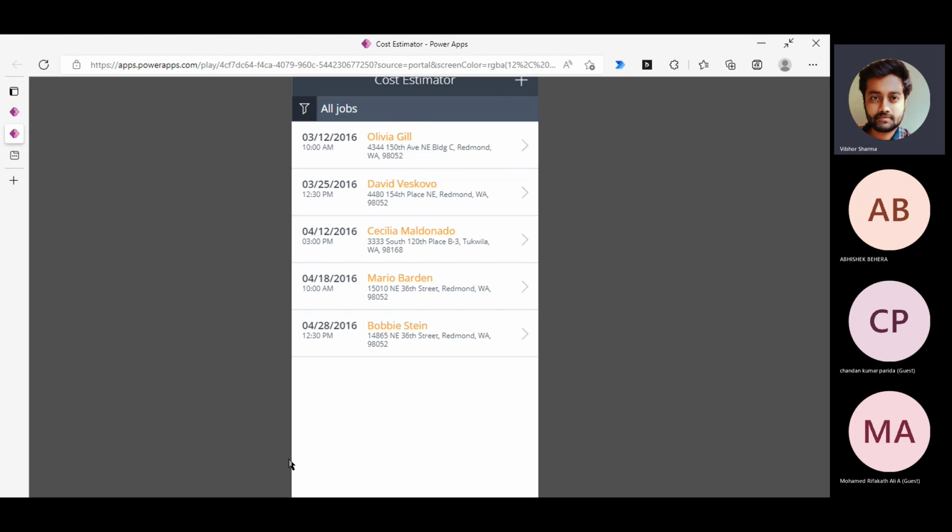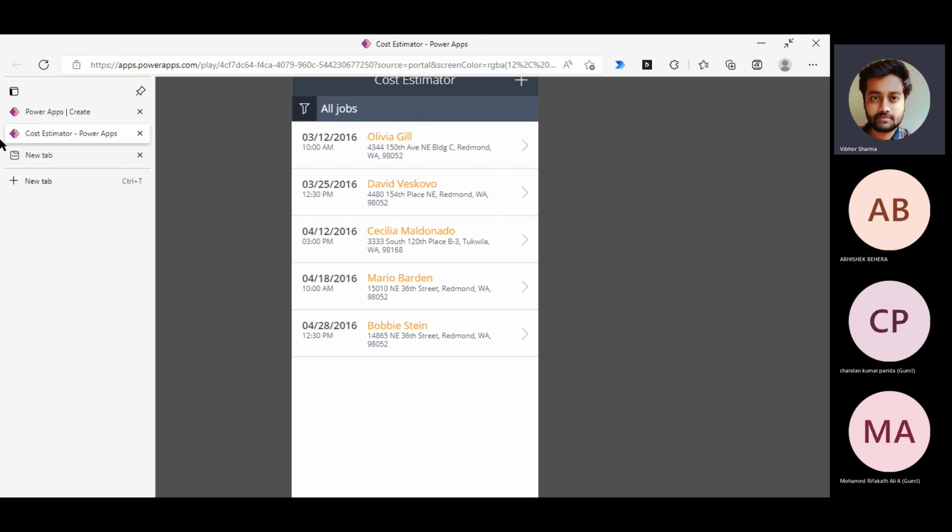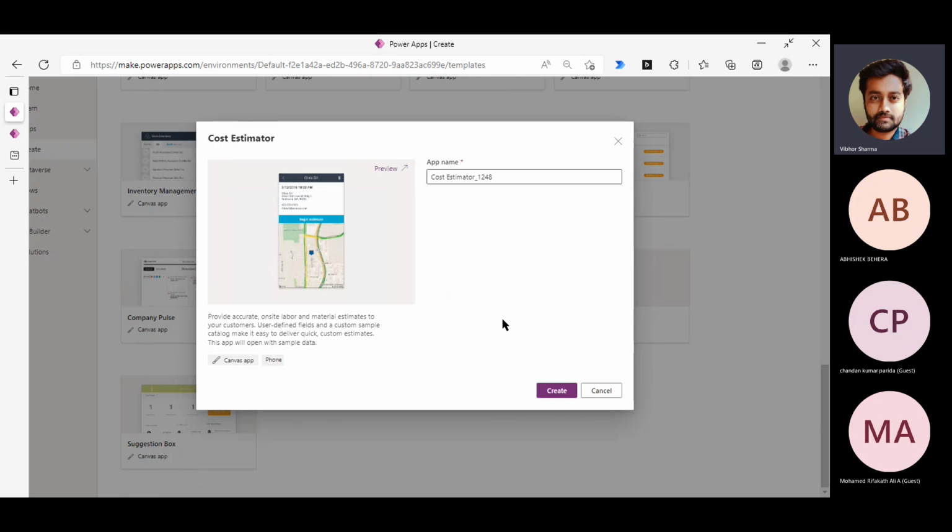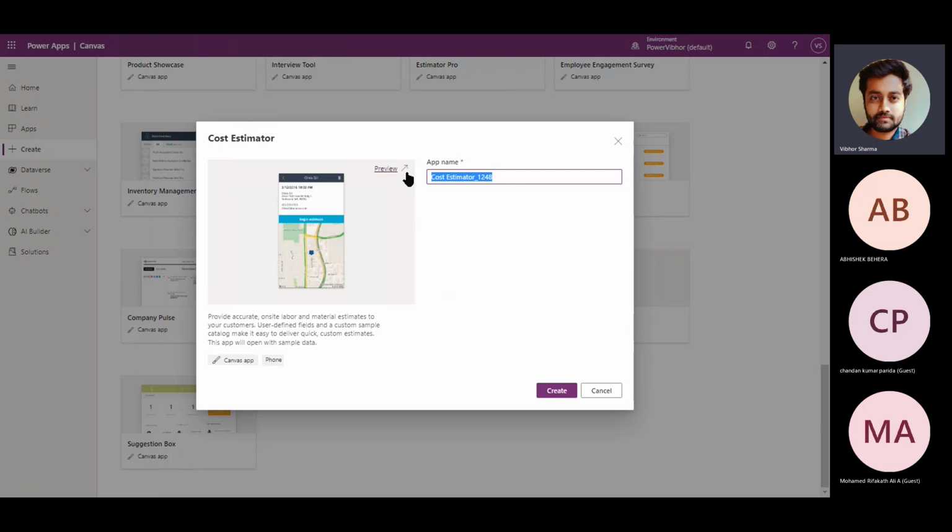Cost estimator. This was the template that we tried, right? I click on preview and this is how it is loading up. So you can think now this is a phone format application. If I want to use this application in my organization and build an application out of it, calling it